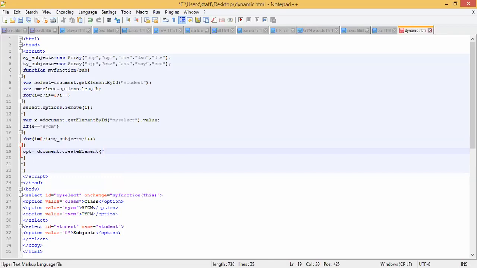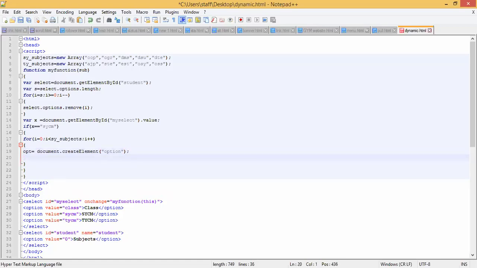We will be putting an option, semicolon. Then opt, that is the option value, equal to SY underscore subjects. This is the array.